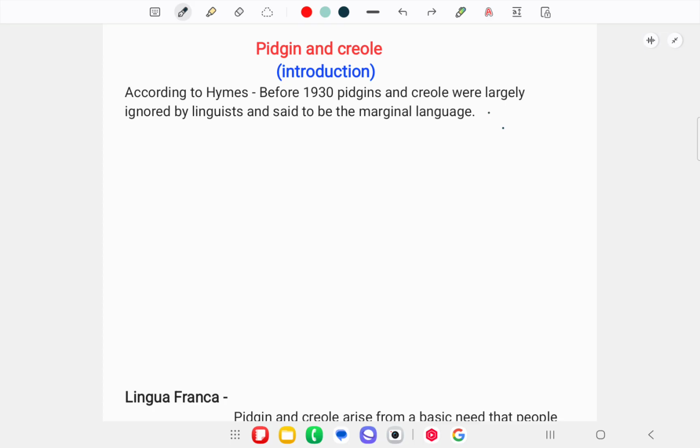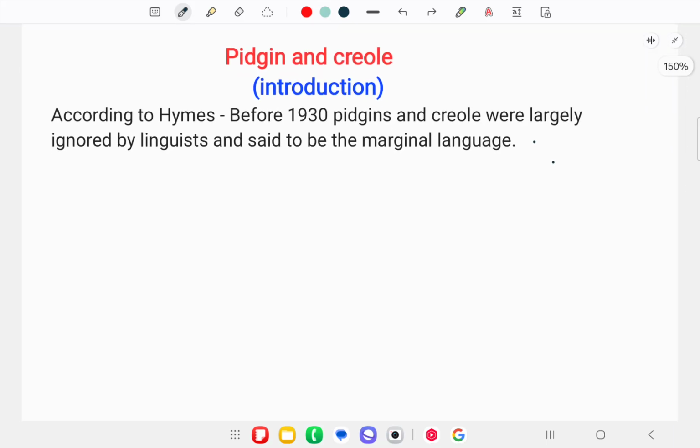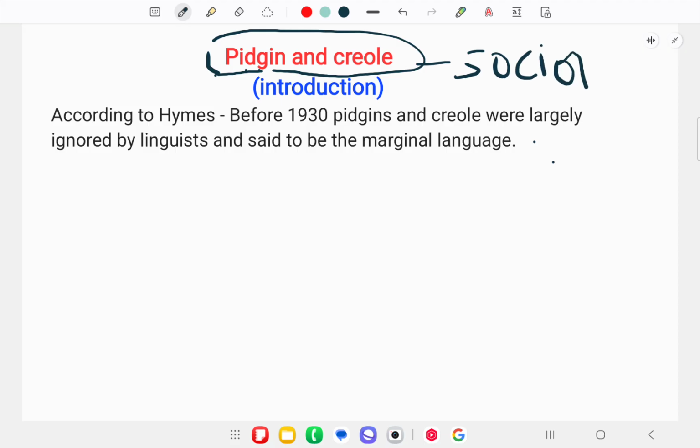Dear friends, today we have the new term, that is Pidgin and Creole. The term Pidgin and Creole belongs to sociolinguistics. When do we talk about sociolinguistics? At first, we should know what sociolinguistics is. As per the name, socio and linguistics,